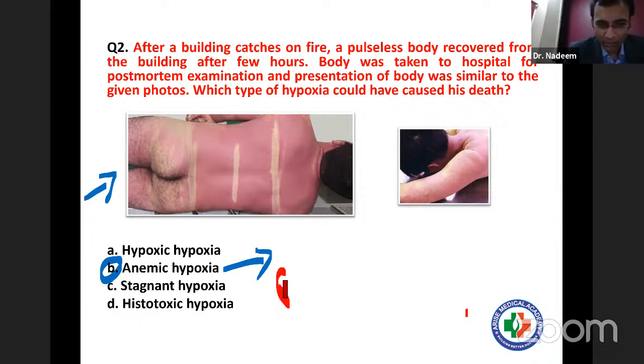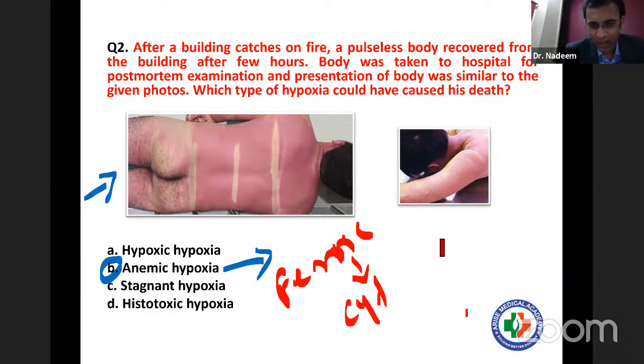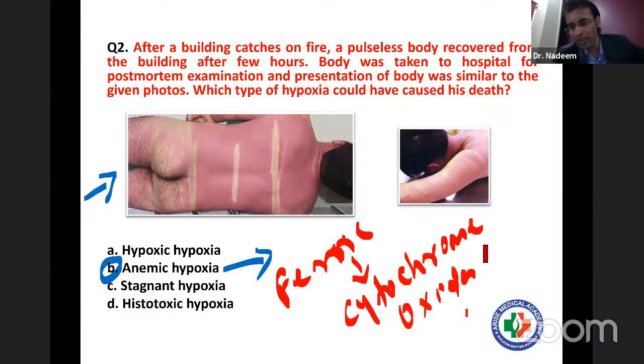Cyanide is going to bind with the ferric part of cytochrome oxidase. I hope you remember all these points of biochemistry. So even biochemistry can be integrated with forensic medicine for sure, and after that, questions can be framed. So cyanide binds with ferric of cytochrome oxidase. After that, what is happening here? The cytochrome oxidase system is going to block what? The ETC system,